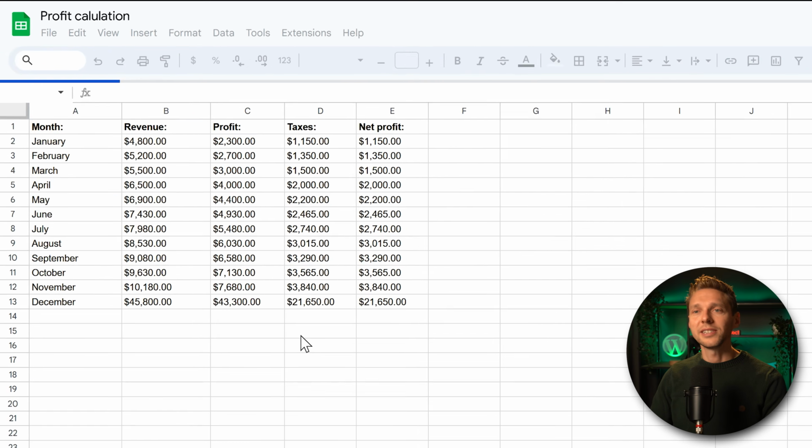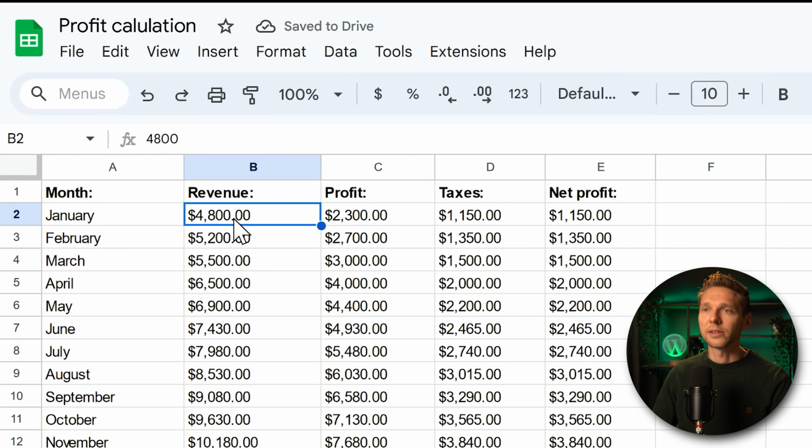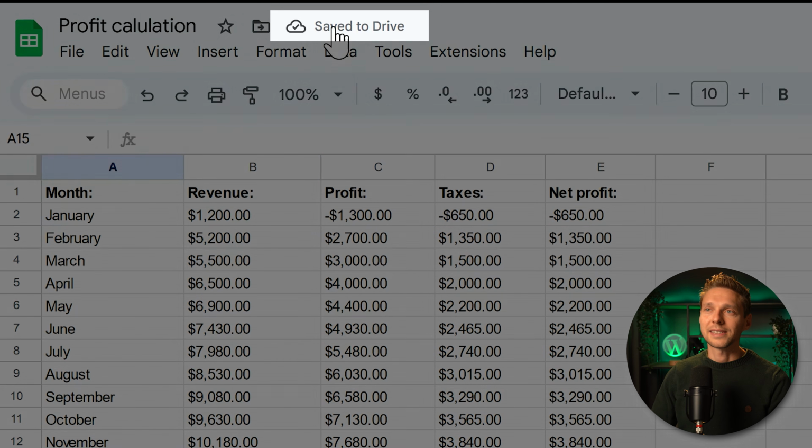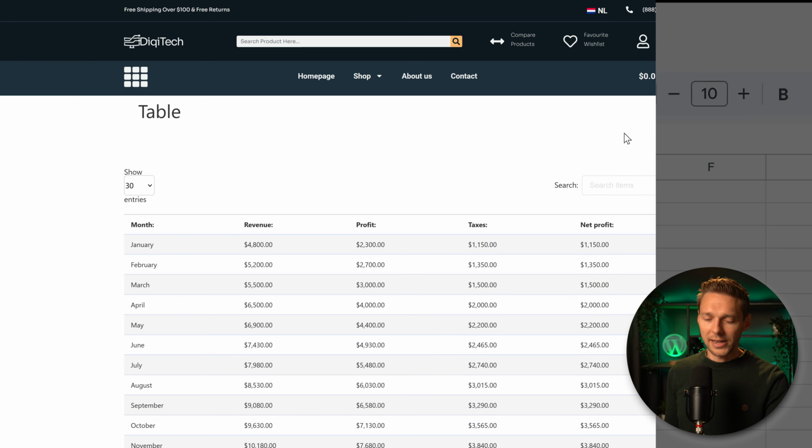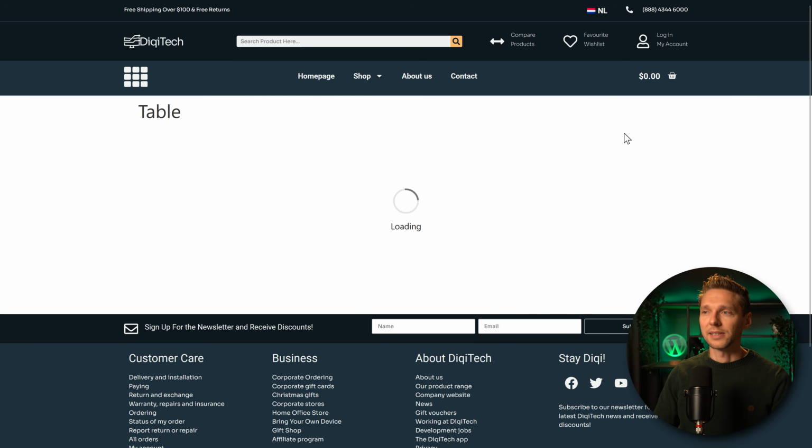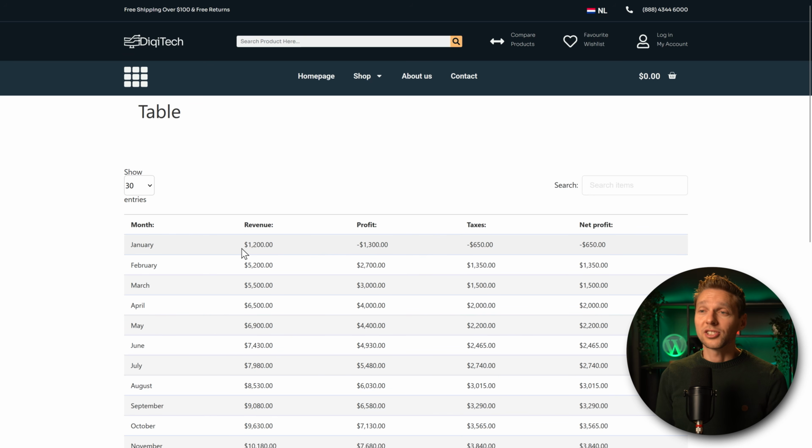Now there's one thing I want to test out. Let's go into my sheet in here and I'm gonna change January because we didn't do very well in January. We only generated $1,200 and then it's safe to drive. I have to refresh this page and then it's loading. And after that, you can see the change inside of the table. So that's the way how it works, to refresh the page. Something to keep in mind. You can, of course, use an auto refresher if that is what you need. But most people will, of course, go to this page or refresh it if it's very important information.